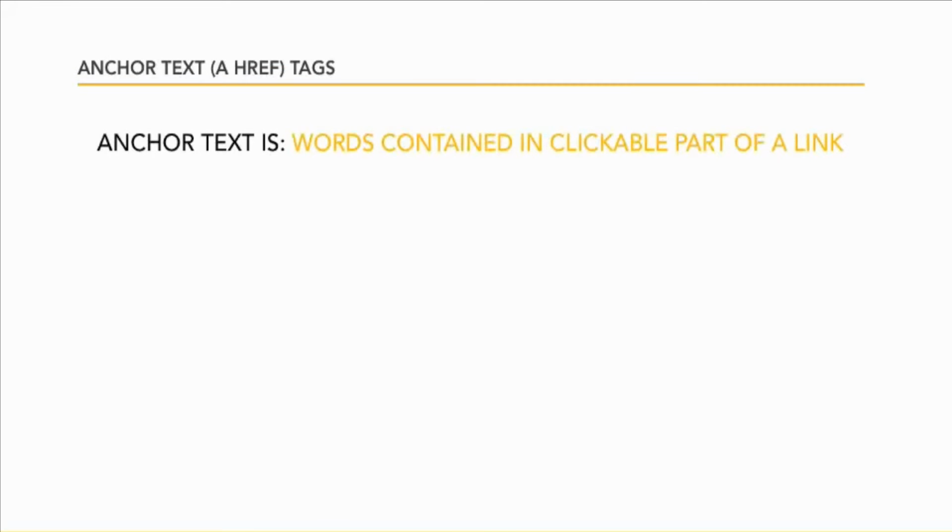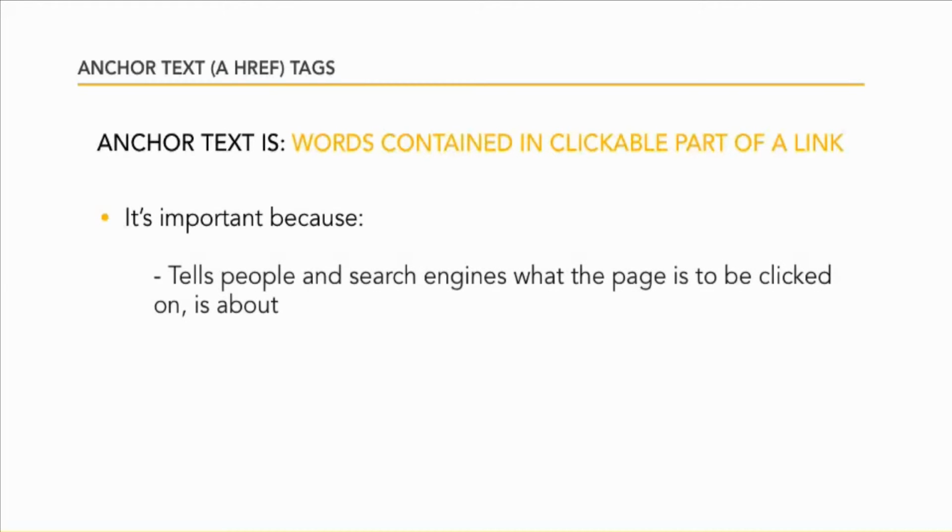Anchor text is a fancy name for the words contained in the clickable part of a link. While you often see call to action words like "click here" or "more info" as link anchor text, that's not usually the best use of it. Anchor text is important to SEO because it tells people and search engines what the page they're about to click